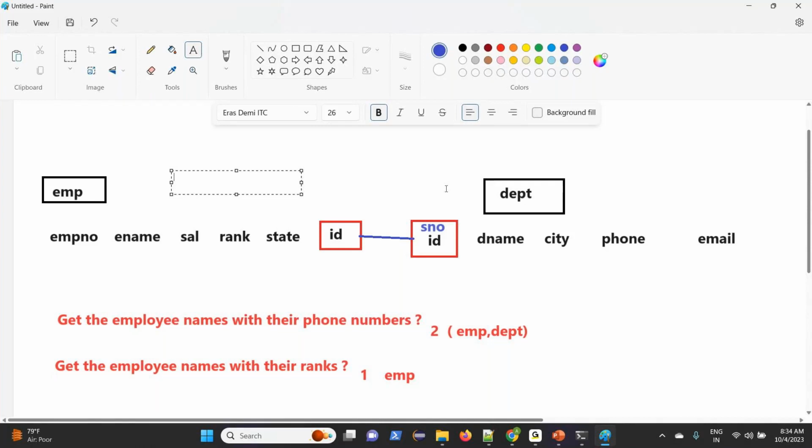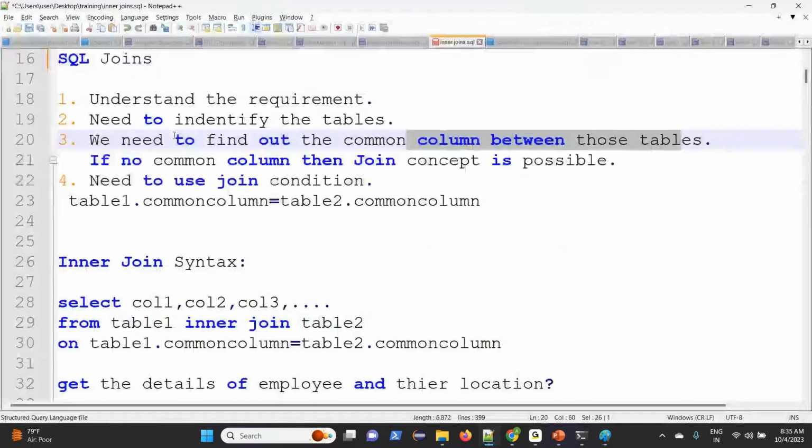So now, either the same column or a different column, if the data is the same, you are going to join these two tables. This logic you can apply for 100 tables of the same category. That is the third point here. When I say common column, I mean common data, not the name of the column.